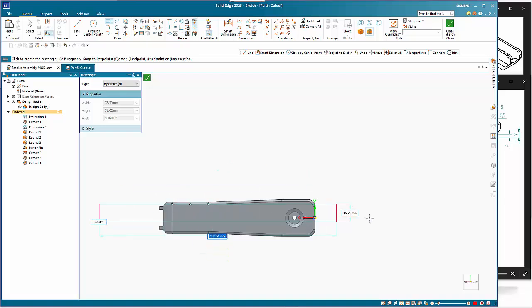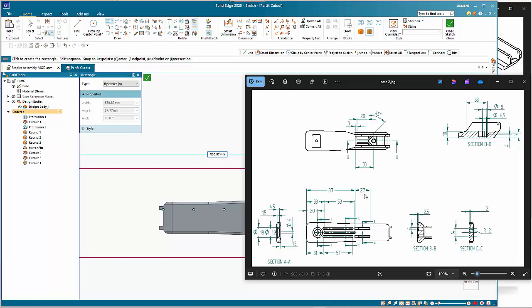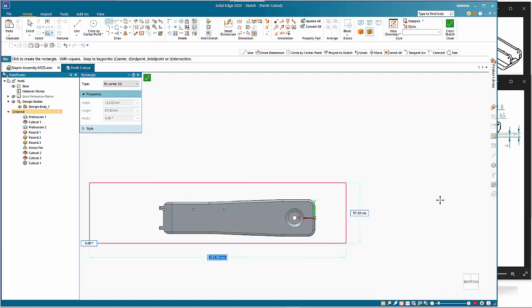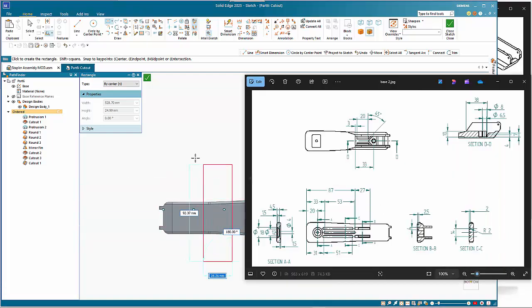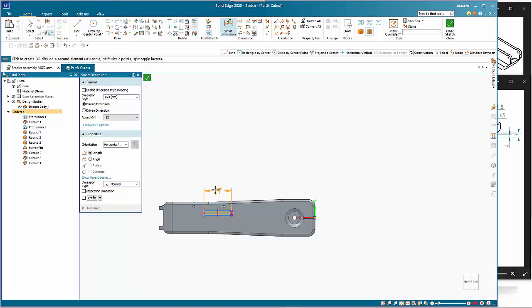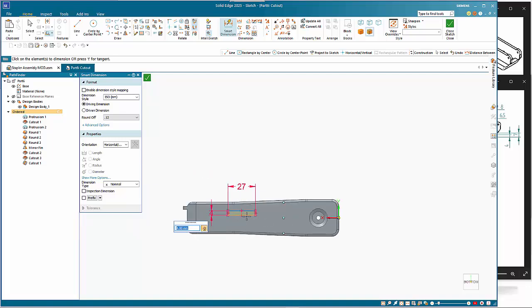So as I said, this is 27 long by 4 wide, and I need to draw it 87 in from that coordinate system edge, and it's 5 mil from the edge here, I believe. So as I said, 27 long, 4 wide, and I will place that, put the dimensions on to make sure that they don't change, and I said that would be 5 mil from the coordinate system,